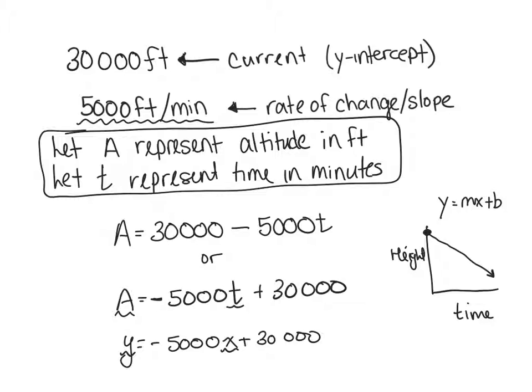Okay, then it says, based on the context of the question, are there any restrictions that need to be considered when graphing this situation? And if so, what are they? Well, I would say that you don't want your altitude to go below 0, or your plane would go through the ground. It's going to be kind of weird. So when you're graphing it, you just want to make sure you stop at the x-axis there. Obviously, you wouldn't want to keep it going because that's